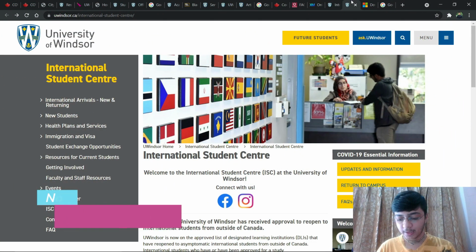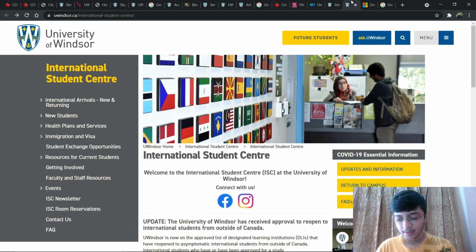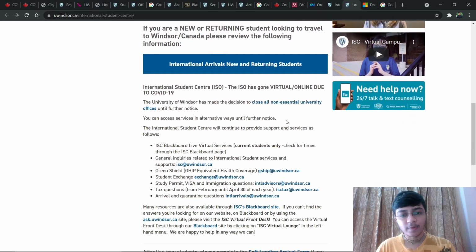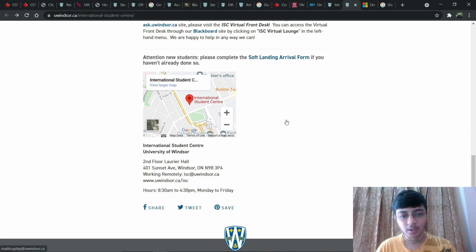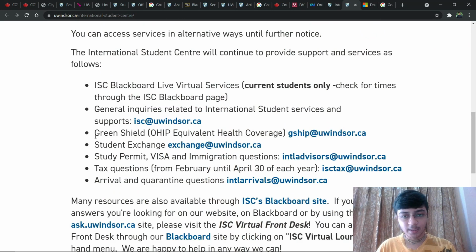So moving up to the second point, this is the International Student Center's website. Here you can find any information related to pre- and post-arrival. This is the website which you have to completely check out, and here they have given some important email IDs regarding your Green Shield, we can say health coverage, student exchange if you are going, study permit related inquiries, tax related questions, and arrival and quarantine questions.